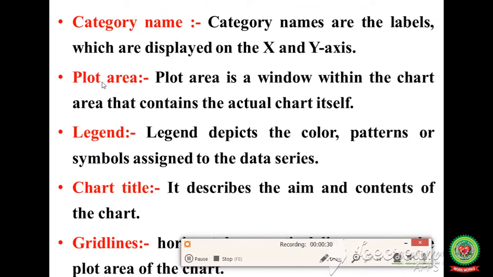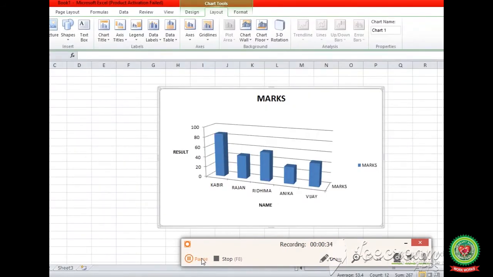Next is plot area. Plot area is a window within a chart area. So this is our chart area. This full window is the chart area. Now a window within a chart area, this window, is called plot area.